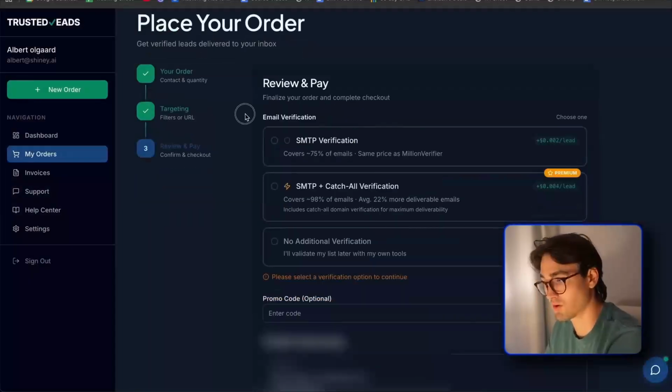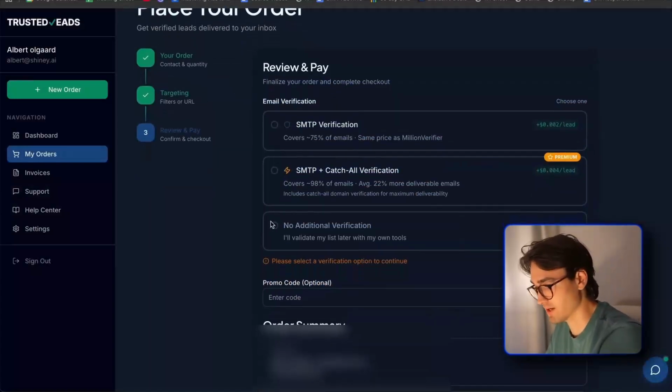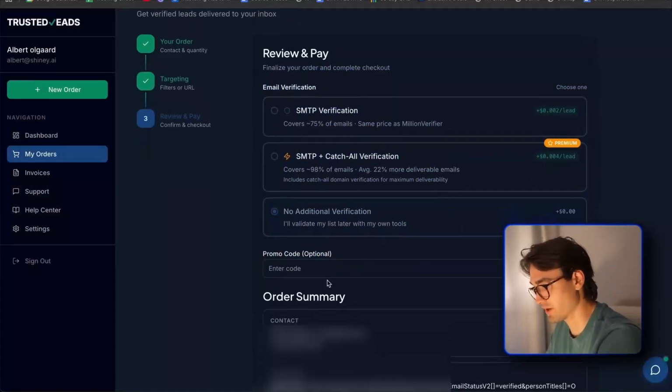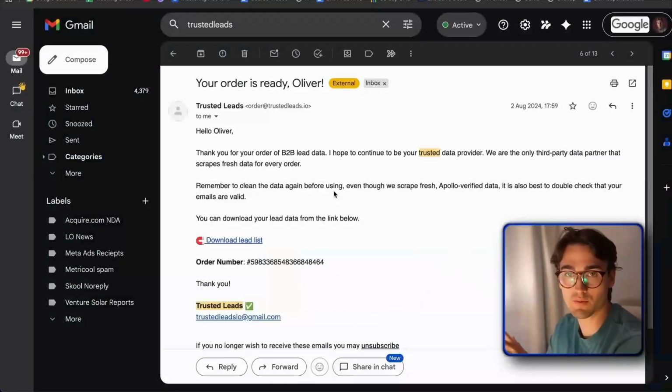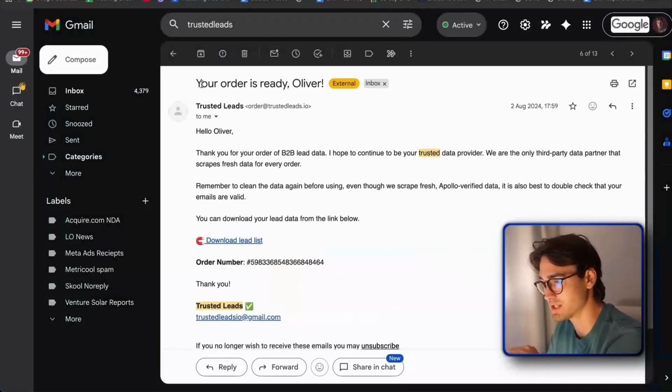Then click continue. You could, if you wanted to, pay additional to actually verify the emails, but I'm going to show you a better way of doing that. So we're going to click no additional verification, do a signature, and then click proceed to payment. After you're done with that, it can take a couple of hours,